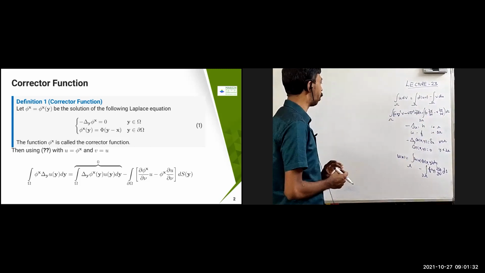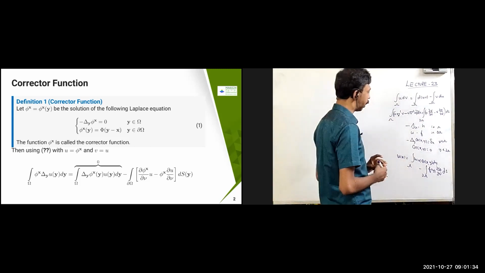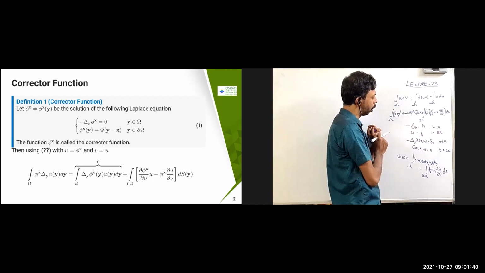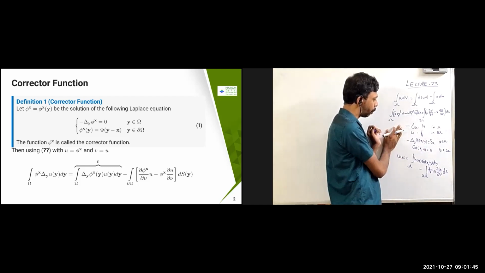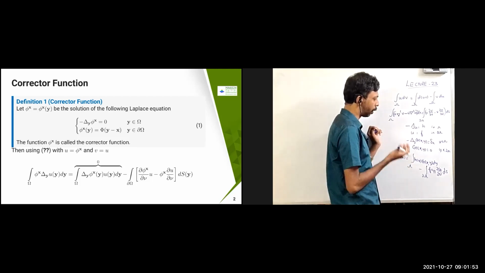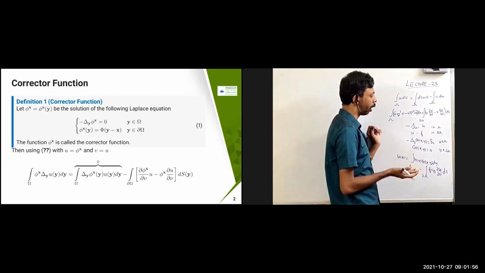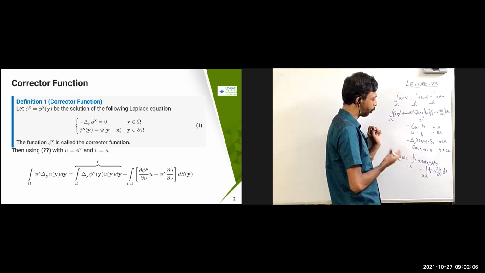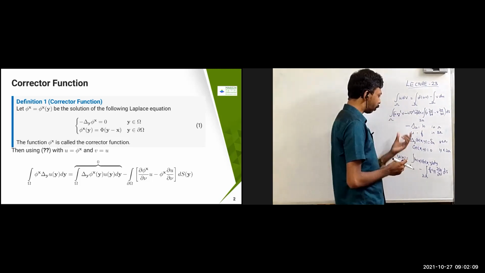From this same thing we have derived this one, and then we have considered the Poisson equation minus del u equal to h in omega and u equal to f in dou omega. Our aim is to find the solution which we obtained for u of x. For example, the Poisson equation we obtained using del x u of y. So that del x we are going to use for this g of xy, and this g of xy is going to be called a Green's function. How we are going to get these values, that we are going to see.